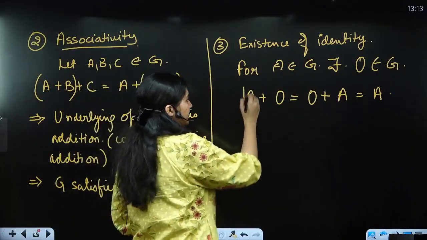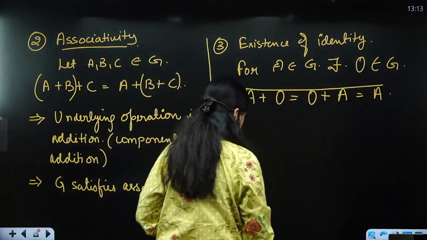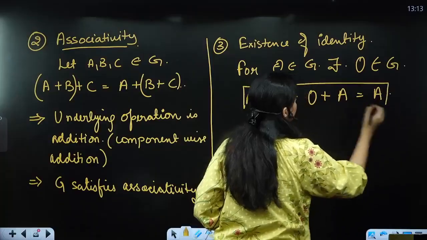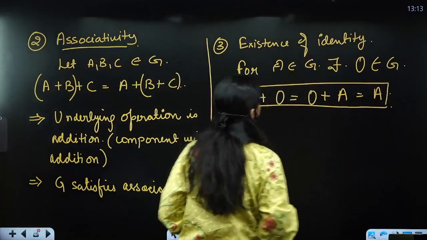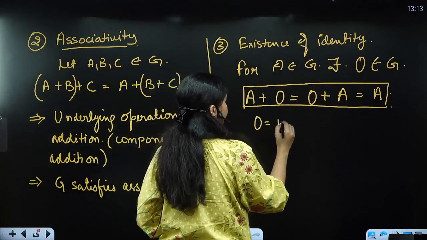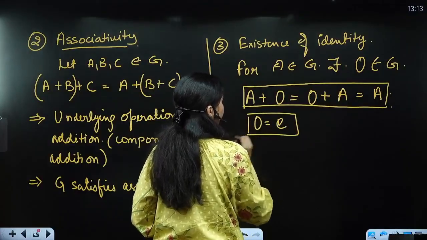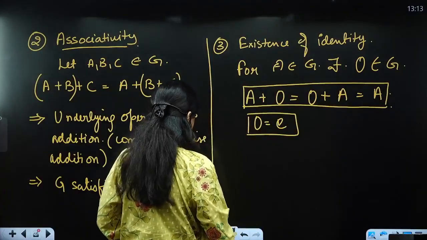So what is the identity element here? The identity element here is nothing but the 0 matrix of 2 cross 2 order, or we can write it